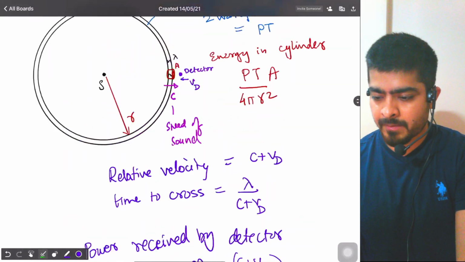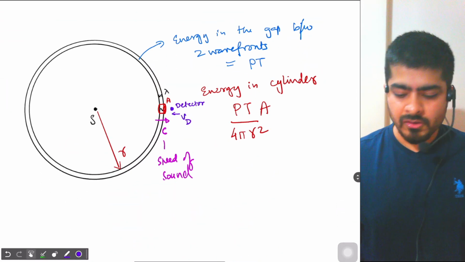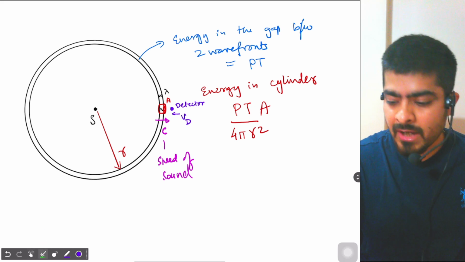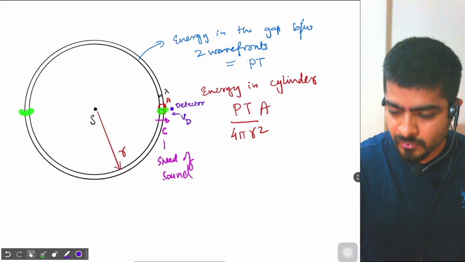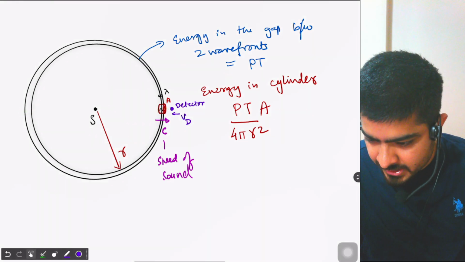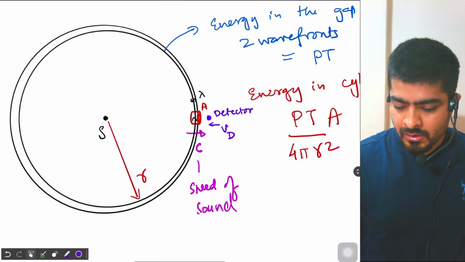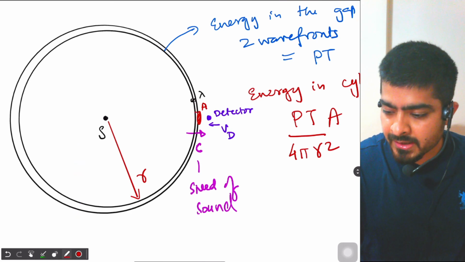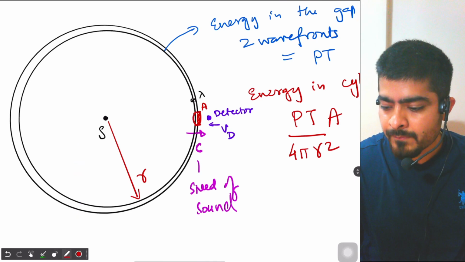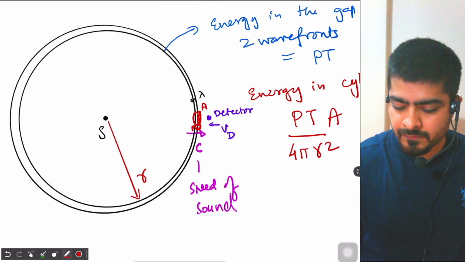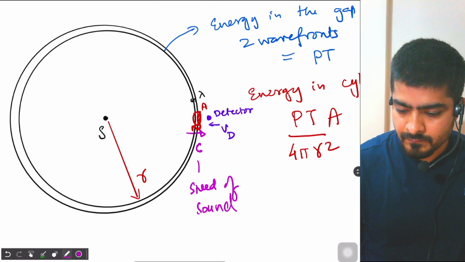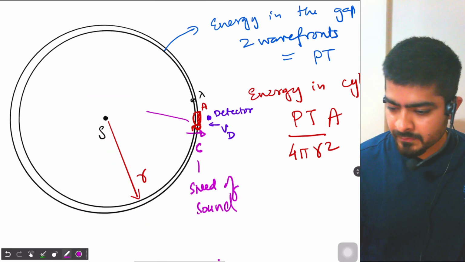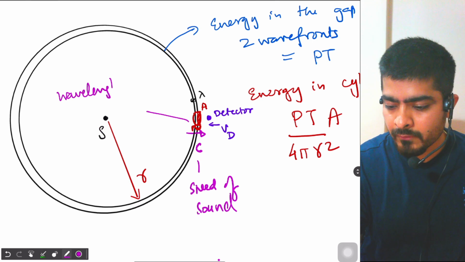So I'll repeat everything and then change the formula. Now because of Doppler shift, the cylinders will have lesser gap over here and more gap over here. So I could show you that by shifting the spherical shell slightly. So the length of the cylinder has decreased now. And the wavelength over here will be how much? Wavelength, that was a bug in iPad. So wavelength over here will be how much?